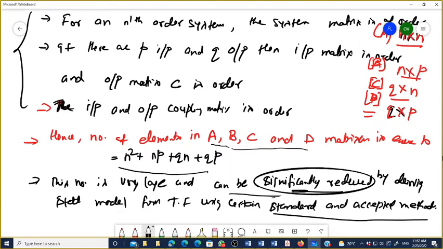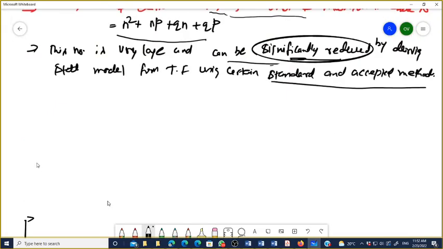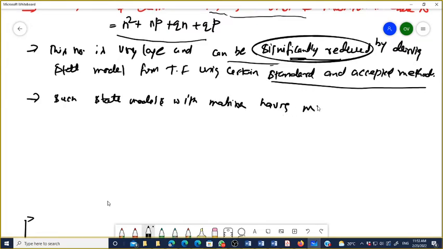इज इट क्लियर? So you can say here such a state model with matrices having minimum number of non-zero elements, जहां जरूरत है मिनिमम नंबर ऑफ, सबको मैक्सिमम को जीरो कर दो, मिनिमम नंबर ऑफ को नॉन जीरो रखो. ठीक है,